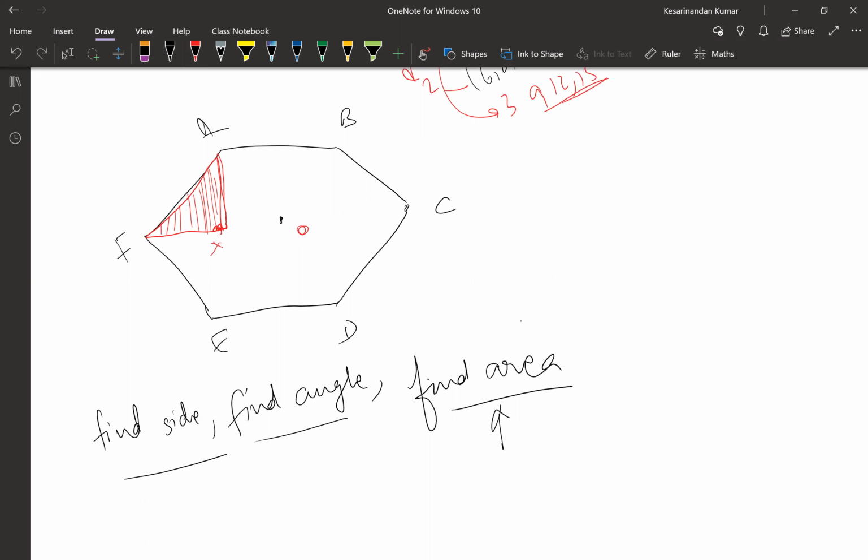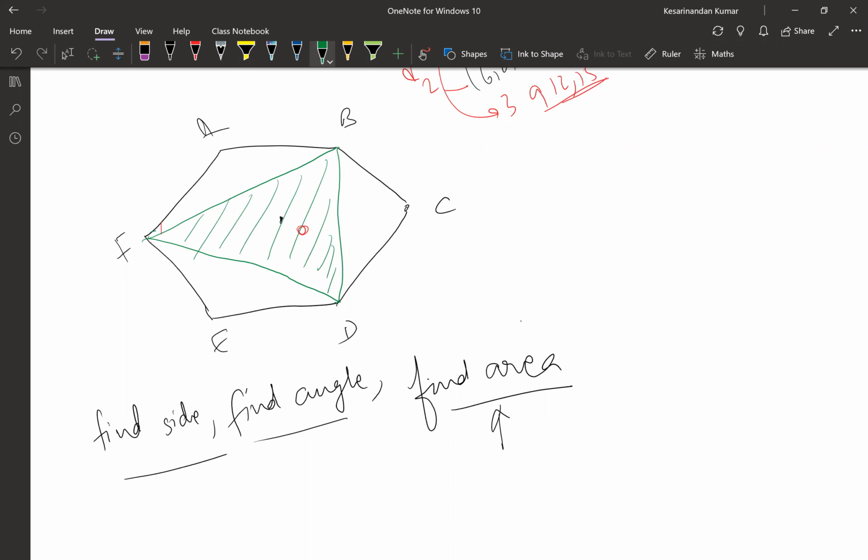All right, so now I will ask one more question from you guys, and this time it will be slightly trickier. I've joined alternate vertices. Now you know what construction needs to be done; I leave it totally up to you. Now determine the area of the shaded region to the total hexagon's area. Answers in the chat box privately. You guys have 2 minutes.